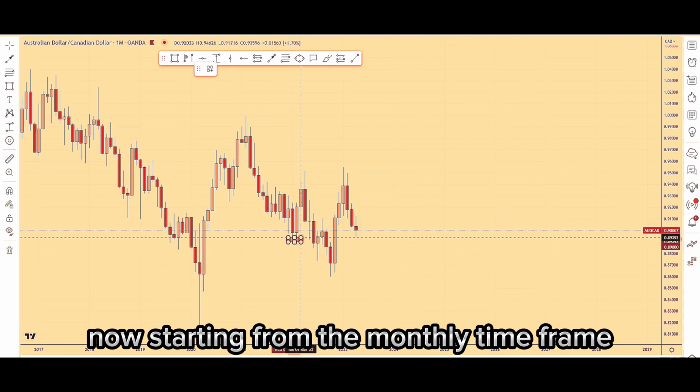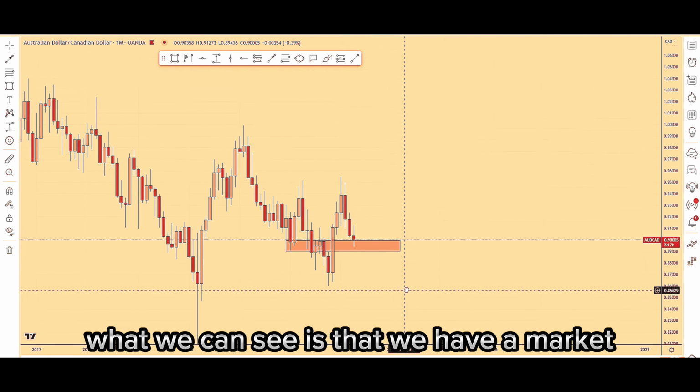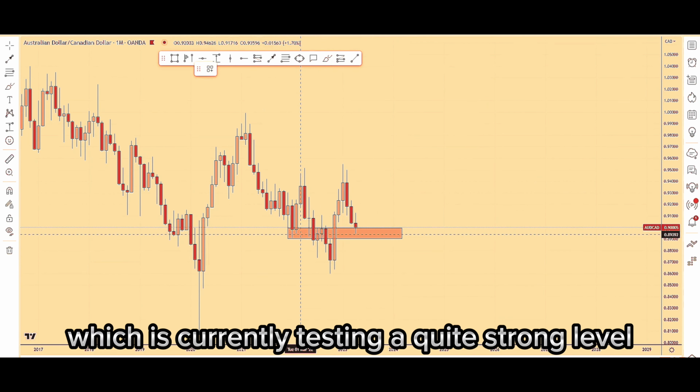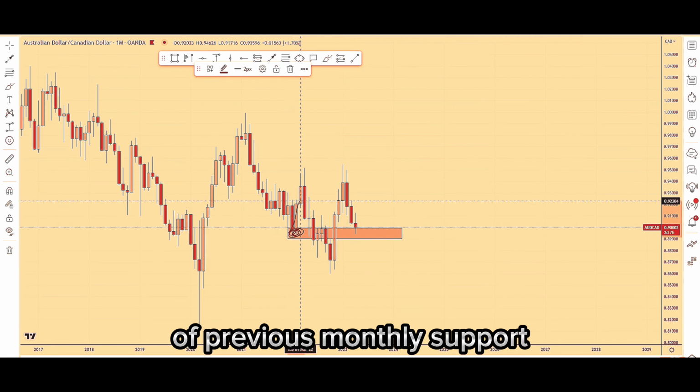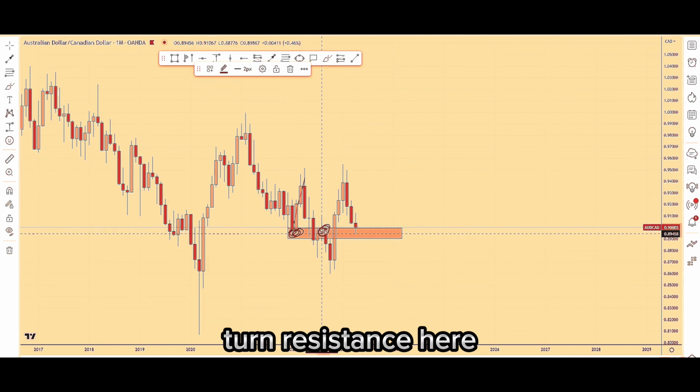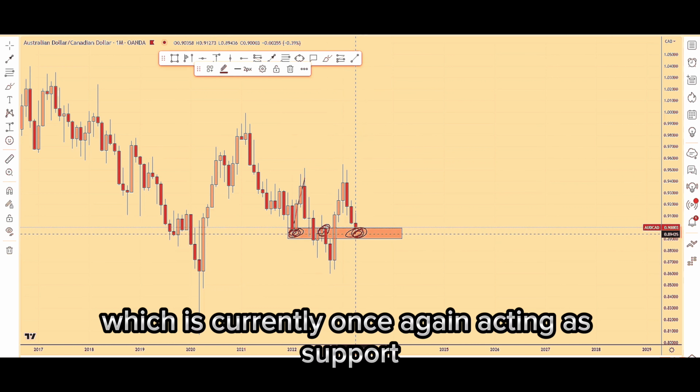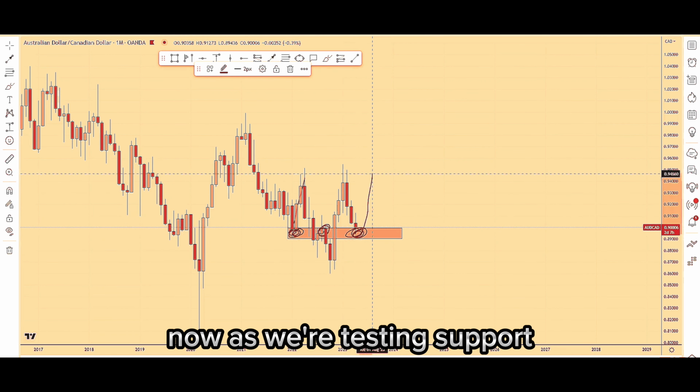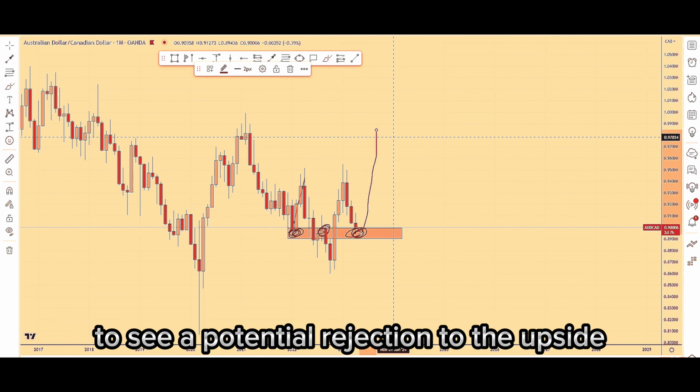Now, starting from the monthly time frame, what we can see is that we have a market which is currently testing a quite strong level of previous monthly support, turned resistance here, which is currently once again acting as support. Now, as we're testing support, there is a good probability to see a potential rejection to the upside away from